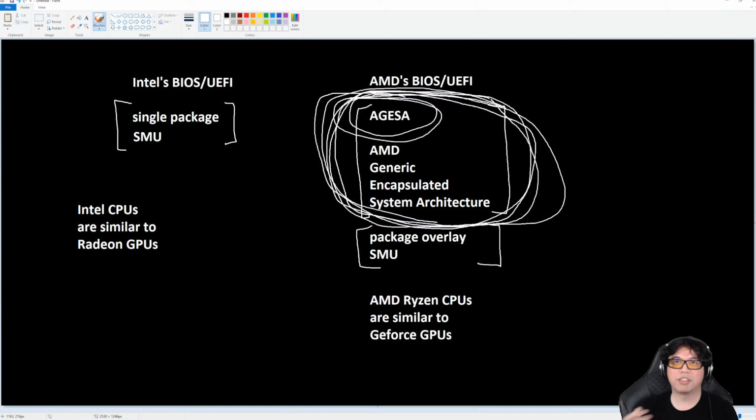They cannot write their own extensions to AGESA. It's a closed system, just like NVIDIA's driver stack. That is the reason why. What's almost ironic in me saying this is overclocking Ryzen is actually kind of like overclocking GeForce, and overclocking Radeon